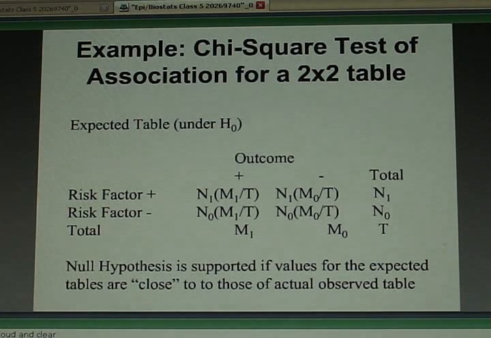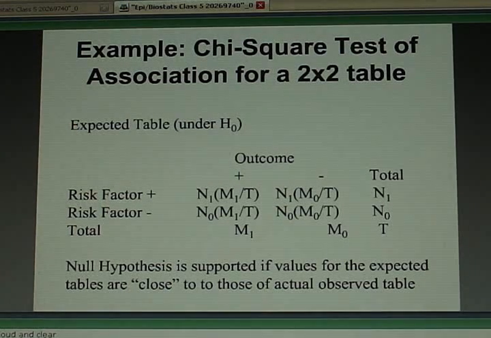How many people would you expect to develop diabetes among the N1 people if the null hypothesis were true? Well, the N1 times that common null risk, M1 over P. How many of the N0 people given the placebo would you expect to develop diabetes if the null hypothesis were true? It would be N0 times that common risk. What we have in the body of this table is what we'd expect to see if the null hypothesis is